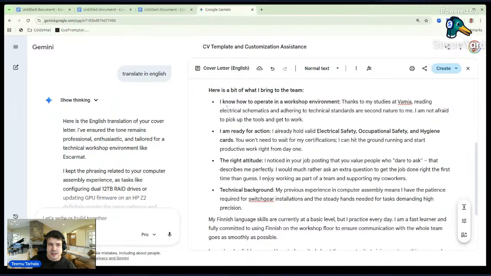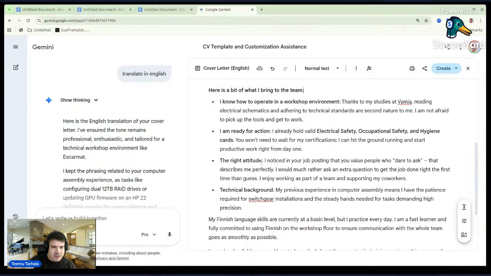We highlighted that we know how to operate in a workshop environment, like it was in the job description. We are ready for the action. We are stating that we already have safety certificates for electrical, occupational, and then hygiene cards. Hygiene is if you need to work, for example, in food production, you go to some installations there. Then the right attitude, and check this one.